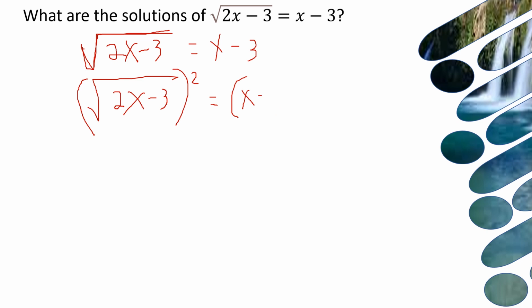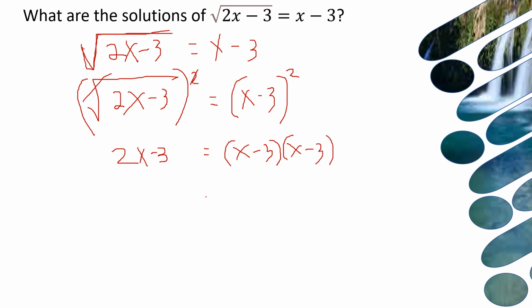This is 3. So you have eliminated the radical sign and the exponent. On the left side you get 2x minus 3, and on the right side we have x minus 3 multiplied by another x minus 3. And simplifying, this binomial multiplied by another binomial is